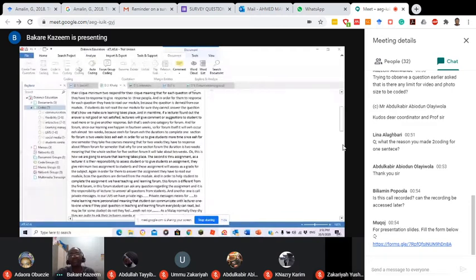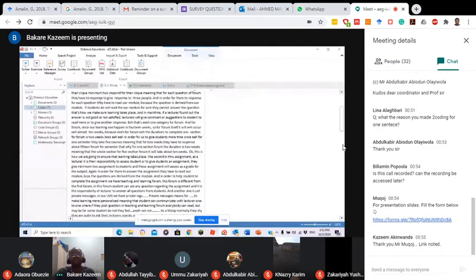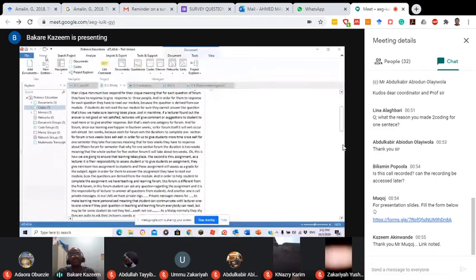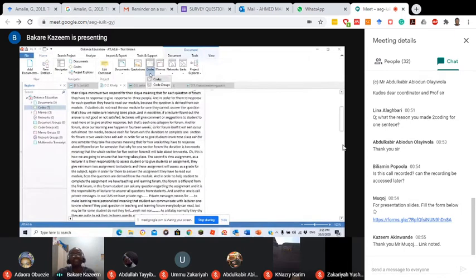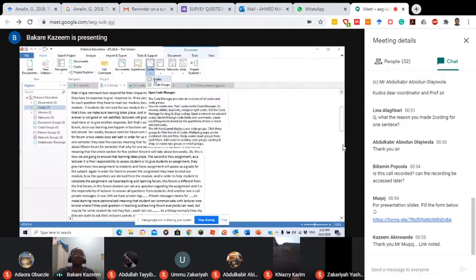basically you can export your code. To get the report, you go to Home. Here we want to get our report, because from Atlas.ti you can generate your report. So here you have to come to Code Manager. Under Code Manager, these are the things that you can do. You just click here, and you will see either you want to put the codes in groups or you want to make